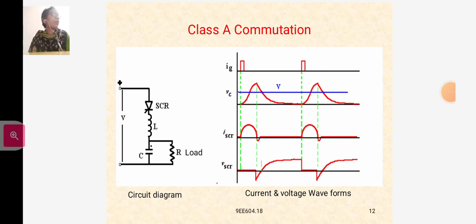For high values of R, the load resistor R is connected across C. So in this diagram, we have seen L, C and R connections. It is necessary that the circuit must be a damped circuit. And in this method